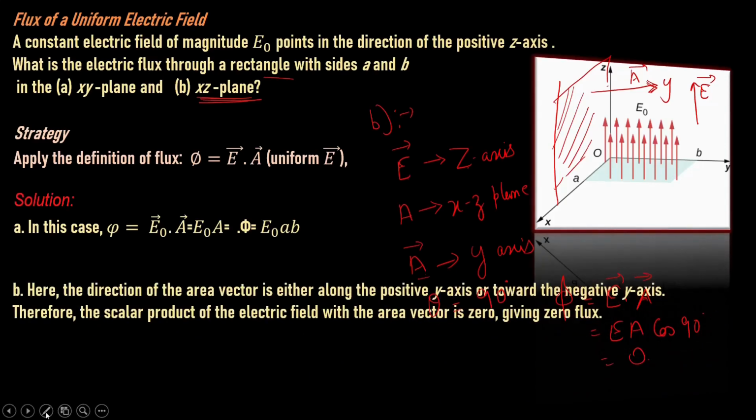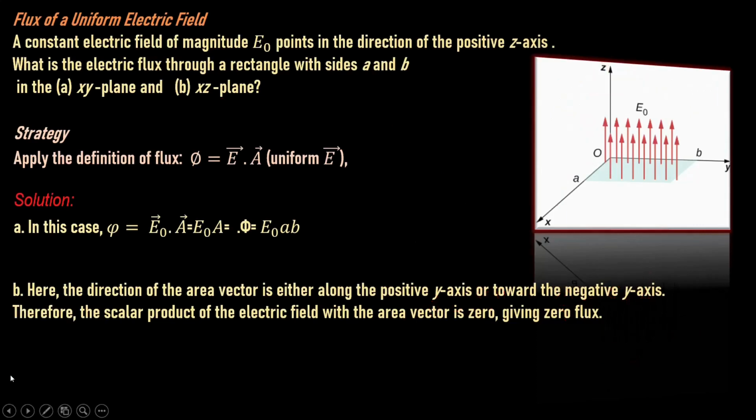So what we will notice is that for the second type of situation, the direction of the area vector is either along the positive y-axis or towards the negative y-axis. So here, if we have taken this as the area vector, this is the area. Its area vector, if we are dealing towards the right hand side, will be the positive y-axis, and if we are dealing towards the left hand side, it will become the minus y-axis. So both directions are possible. This is for the open planar area surface.